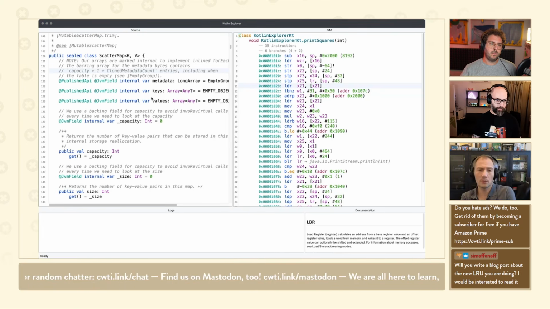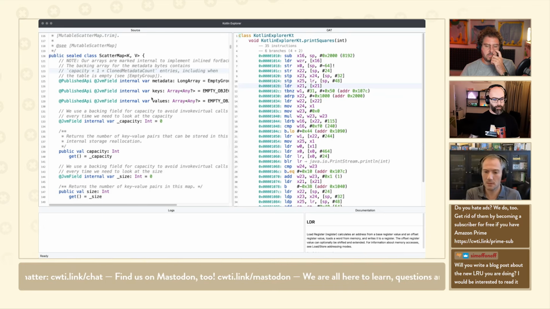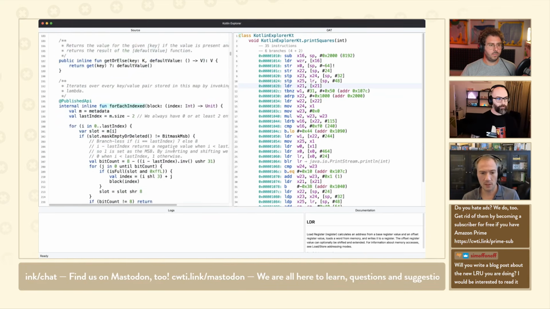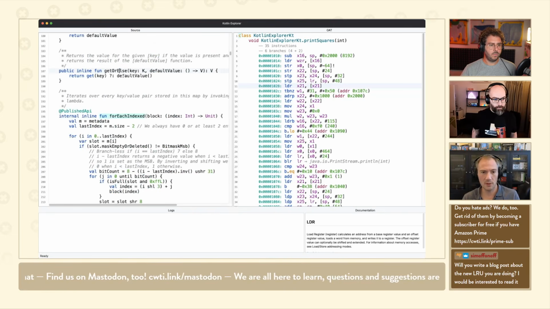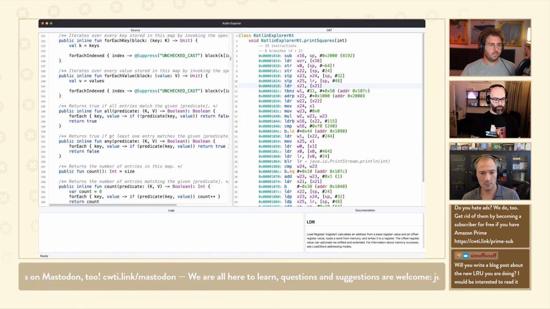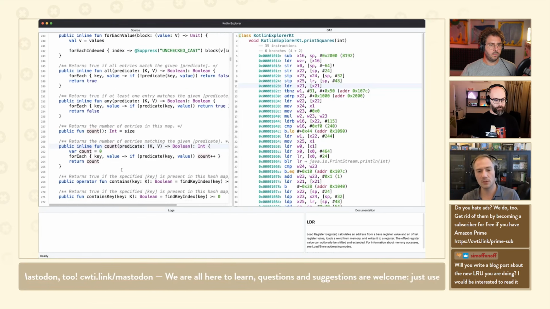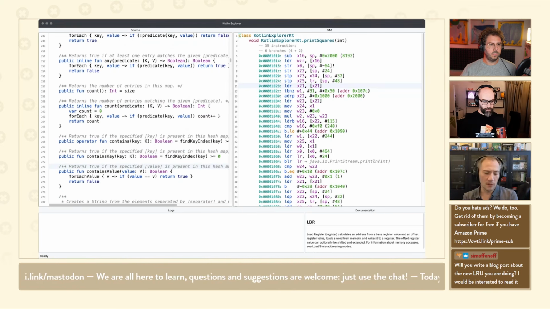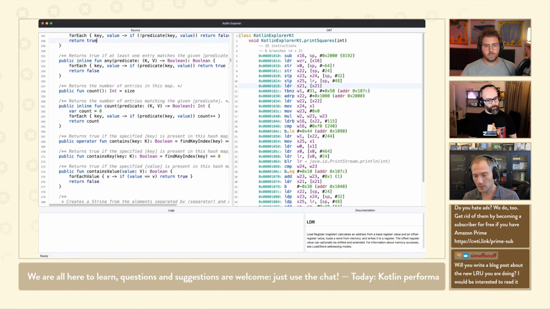And again, the goal is the API itself. When you use the scatter map, the API is nice, right? Like you have your .any, we try to recreate everything, like you have getOrElse, all, any, getOrPut, count, all the things that you expect to find on the map, they're there. And very often, when you optimize code, that's what I like about Kotlin. And I'm going to show you one last example that's actually pretty cool.